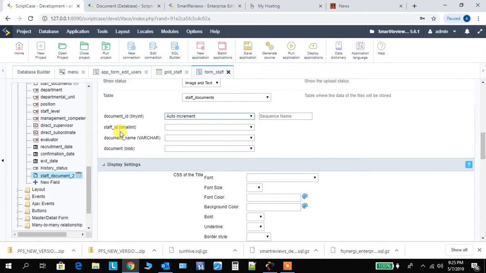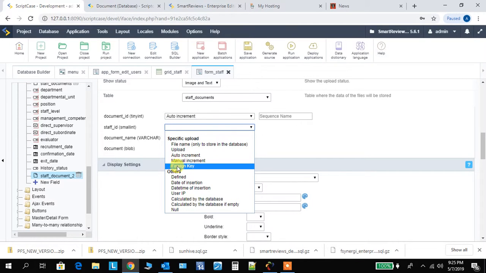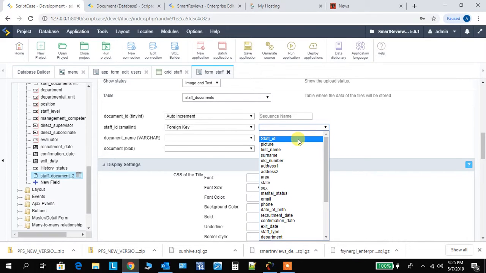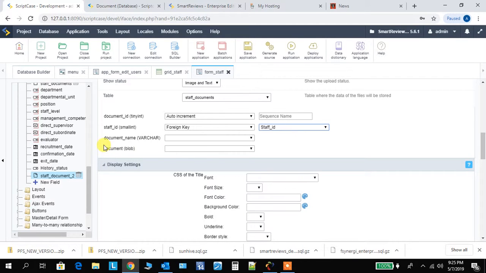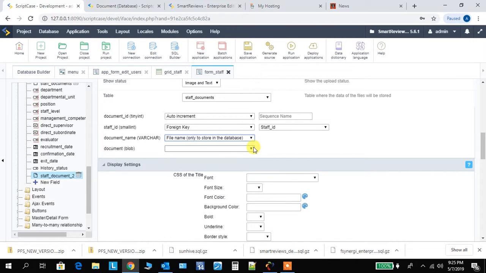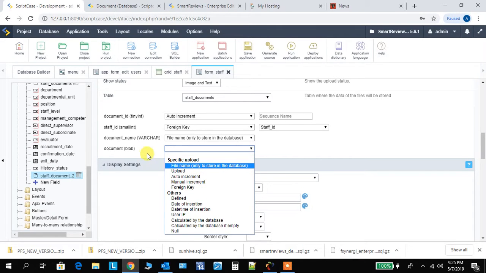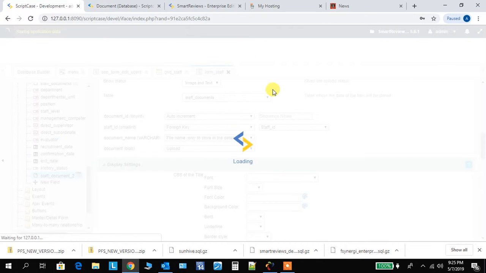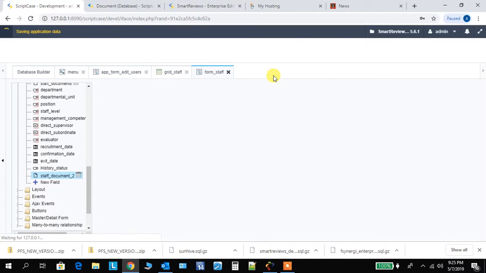Then we have the staff ID, which is the foreign key, and it asks which field is being attached to at the other end here, and that's staff ID. Then the name field, which is the name of the document. And then the upload field, which is the binary large object field, so you just link it to the upload, and that's it. Once you save that and then run it,